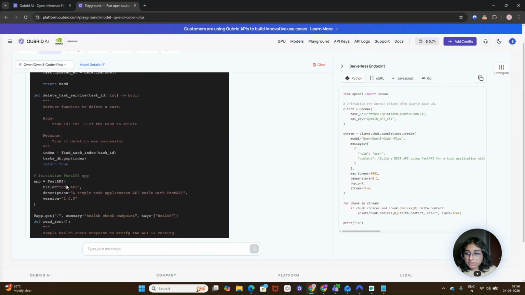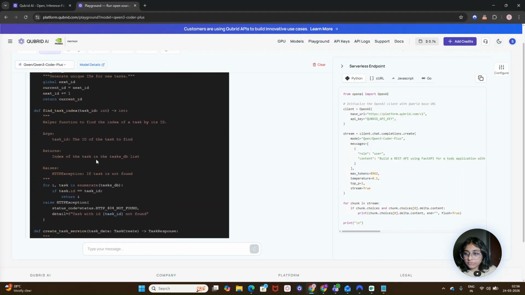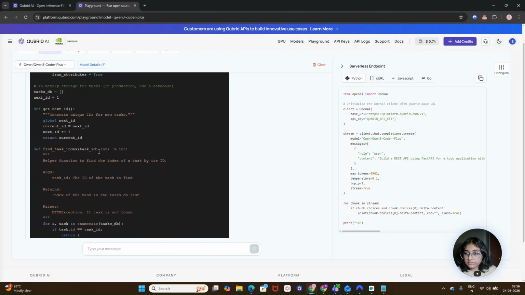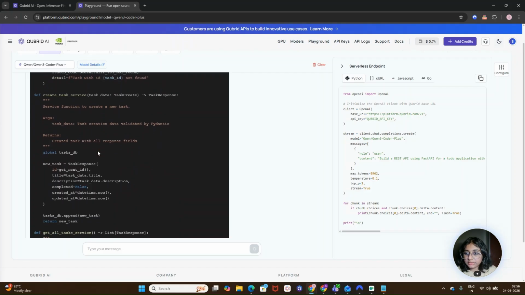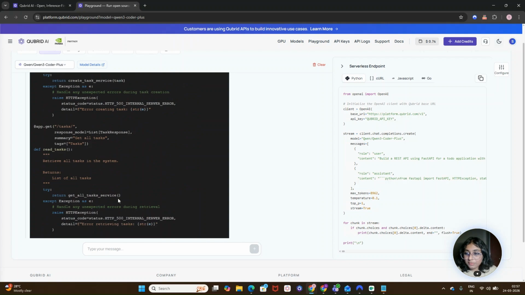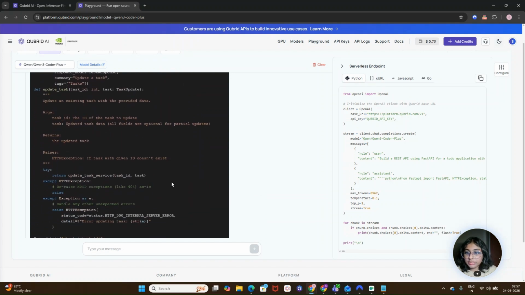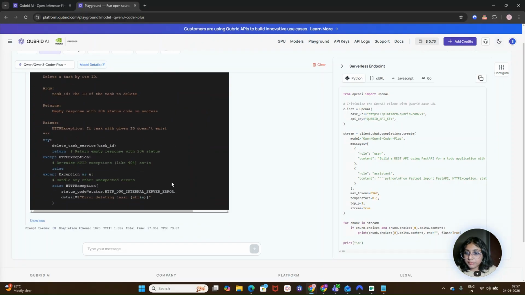As you can see, the output has created different functions for different tasks, that is find task, create task service, and the code looks more comprehensive and includes much more detailed description in the code.